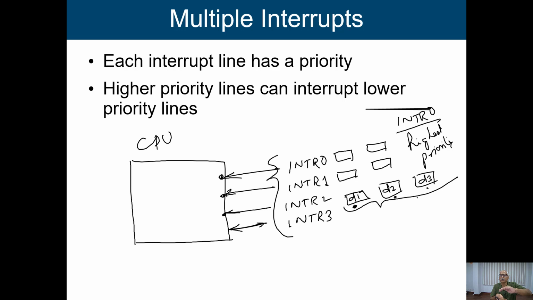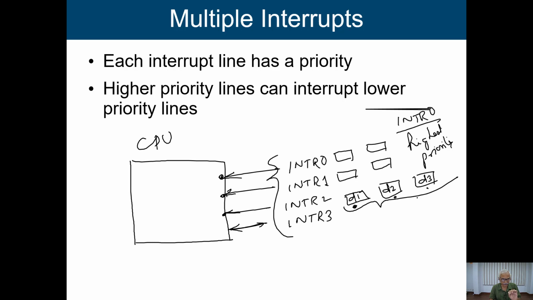We just see now, whatever way we are going to do, we are having multiple interrupt lines. In one interrupt line, you can connect several devices, and we can set priority to those particular devices. So always higher priority devices can interrupt lower priority devices. Okay, so now I think you got it.